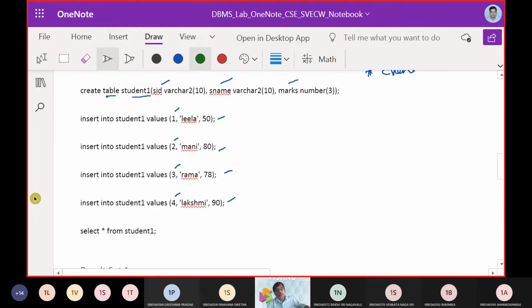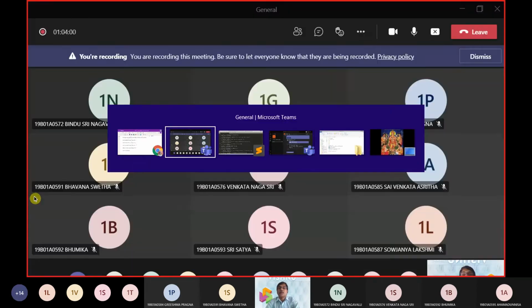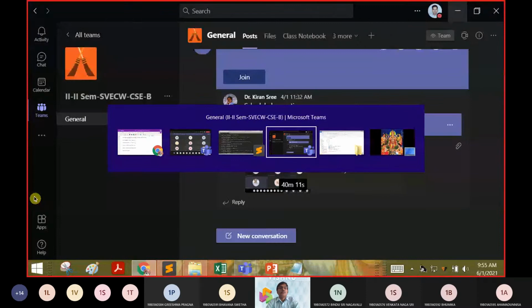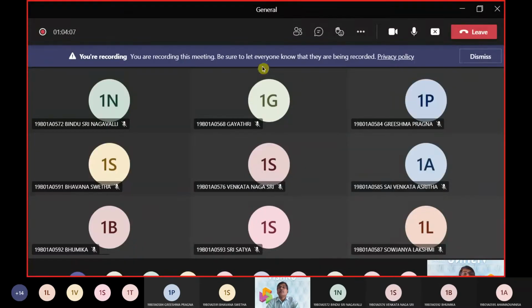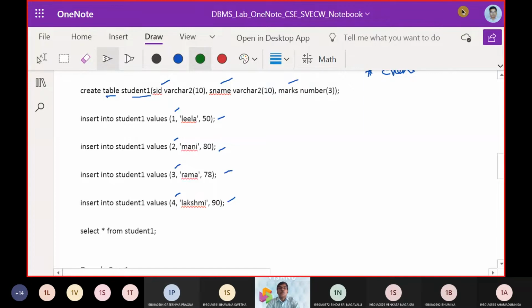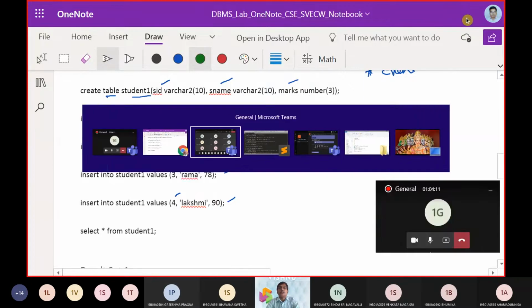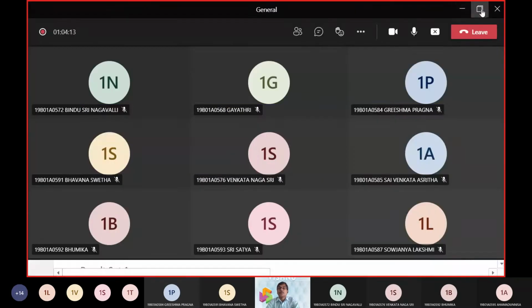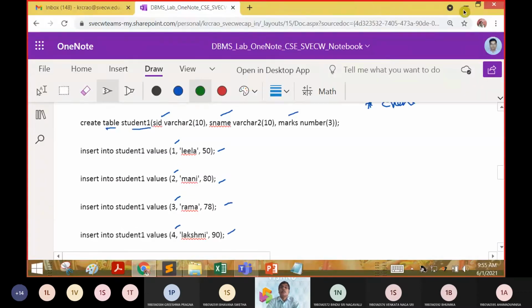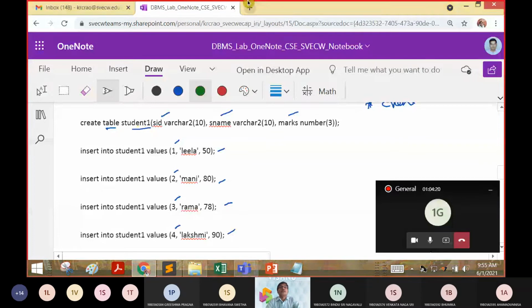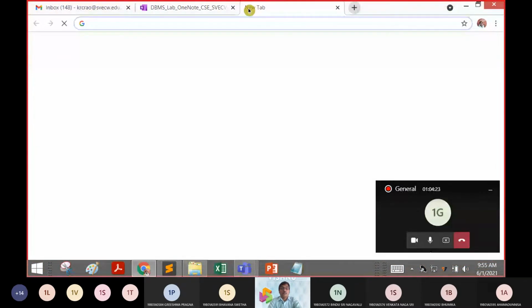Now how we can move to the further aspect. Moving to the further aspect will be as follows. So what we will do is we will go to the desktop, then we will open this live SQL.